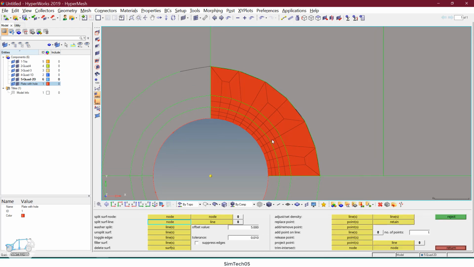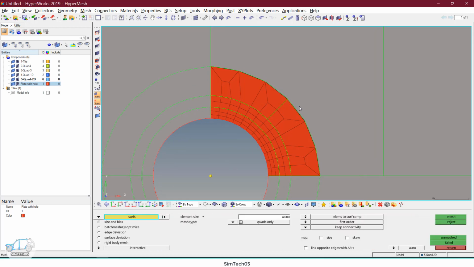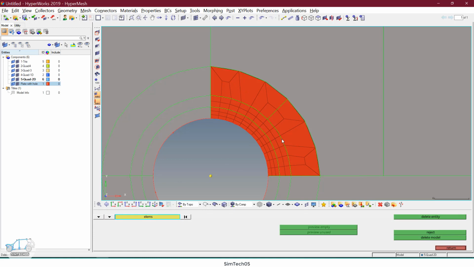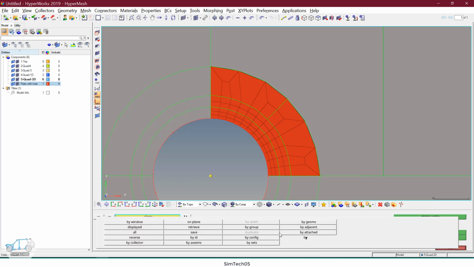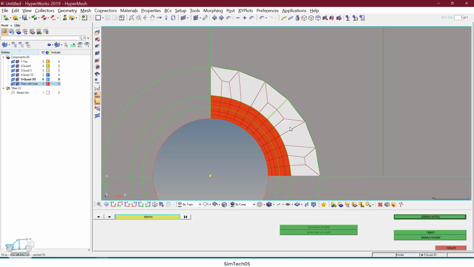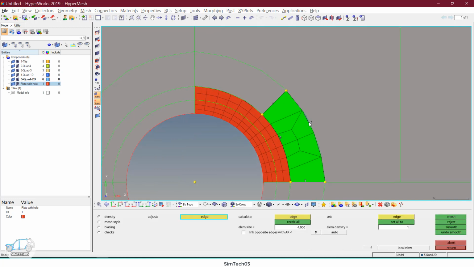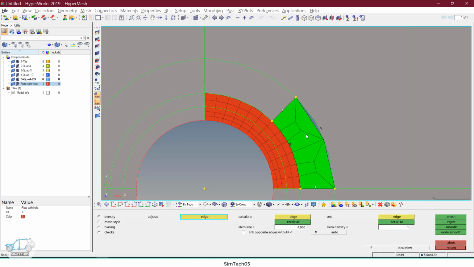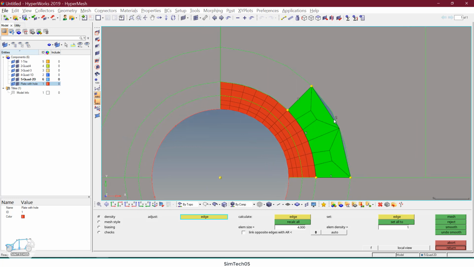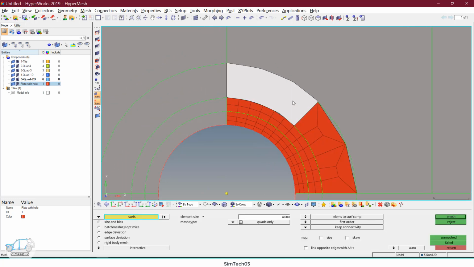So let me split from node to node, from here to here. Okay, and delete those elements by geometry, surface, and delete. Then again go to the mesh, 6 to maybe 6 to 2. Again it's a 3:1 transition. And again here,